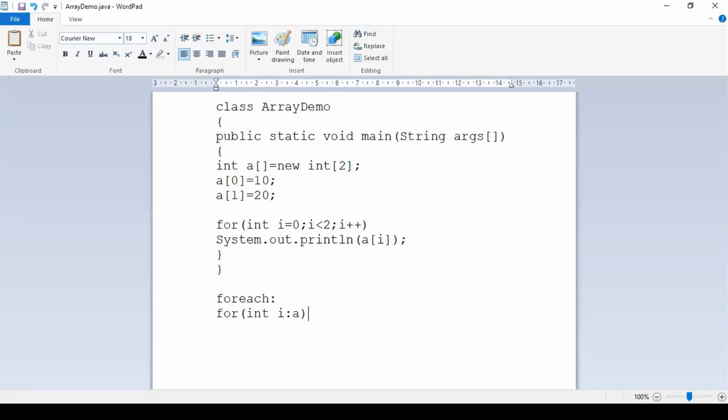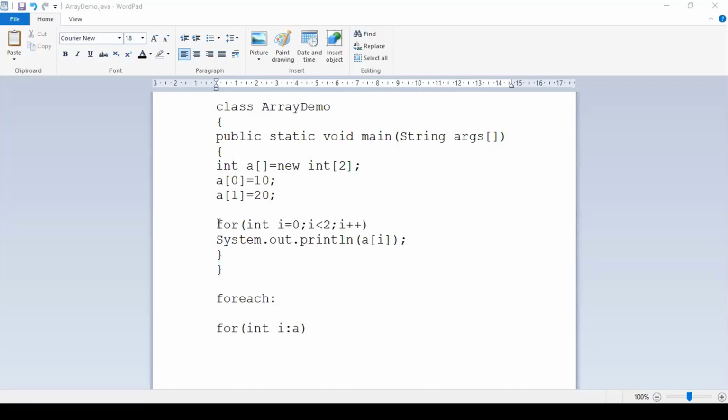Now, how it will work is, in this collection, from the starting, each and every element it will copy into variable I. That is the reason it is named for each. That means for each element of this collection, it will be taken into this variable called I. Later you can just print the content of I, no problem. It will give you the output.